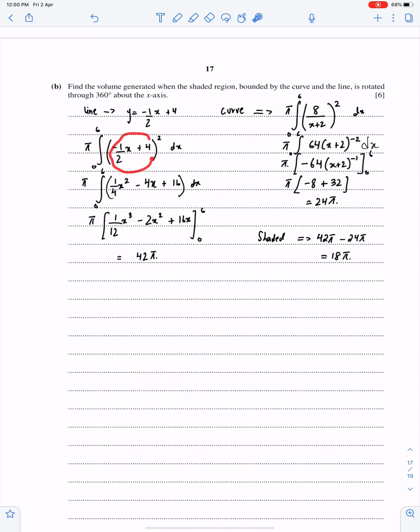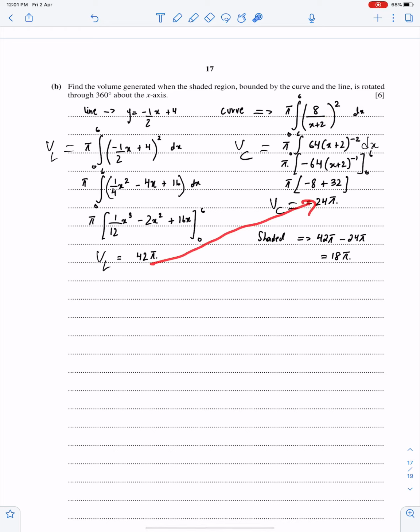You have both options. You can directly integrate this or you can expand this. You have both options because this equation is linear. So either expand this or integrate this directly. This student expanded this equation and then she got this volume. You can call this V1, or volume by line. This is the volume by curve. You have to bring this in the numerator and then you can easily integrate this.